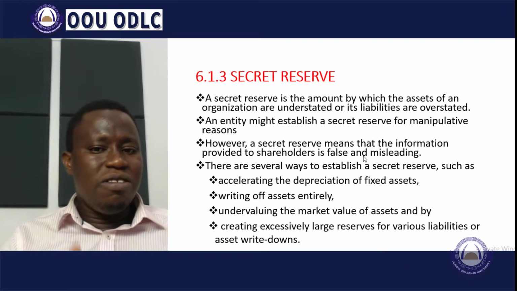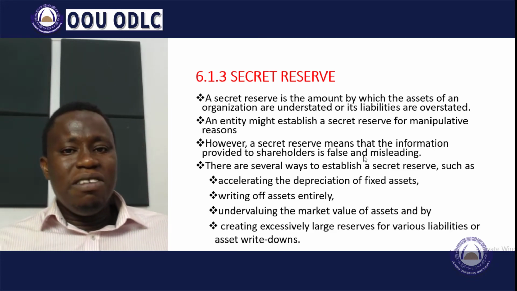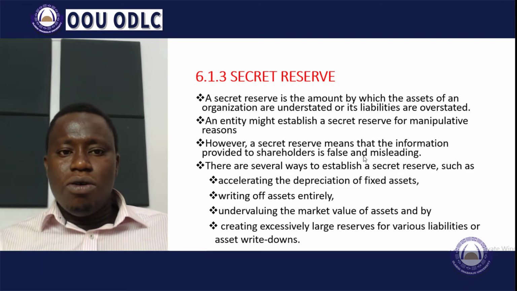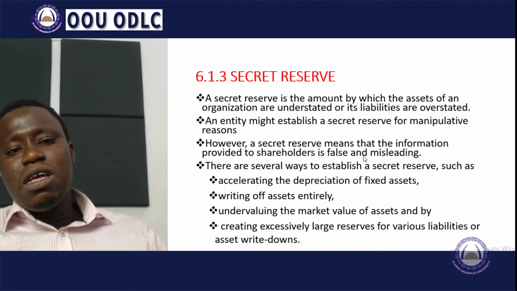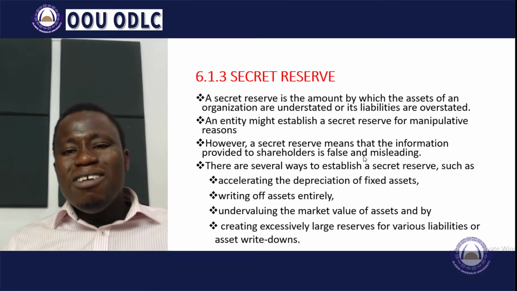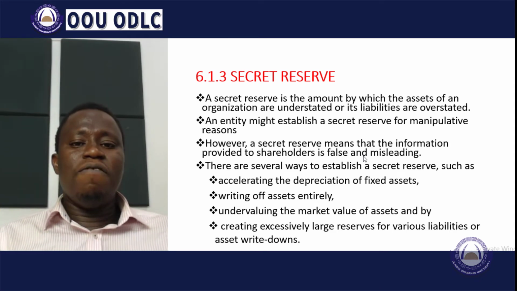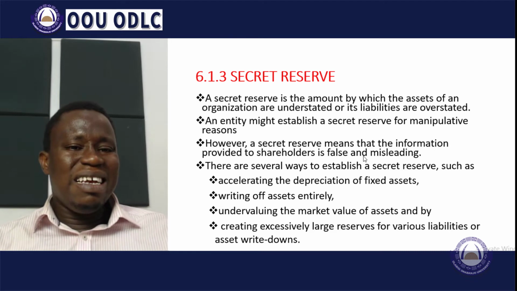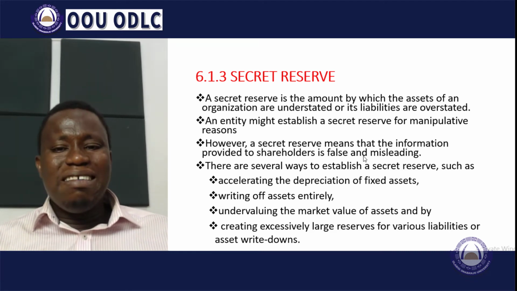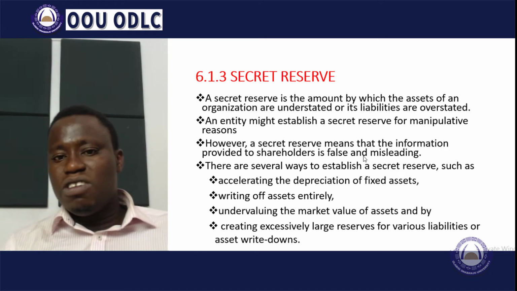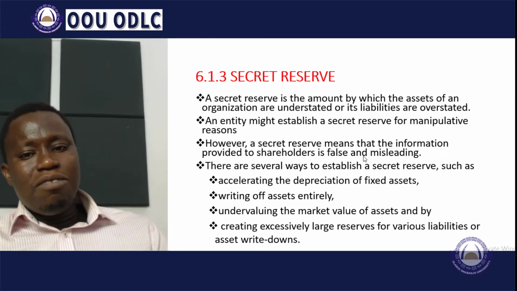That is, it has reduced the value of that asset intentionally by 500,000 naira, perhaps to show that the business is struggling or is not making profit or is not financially stable or is not solvent. So when an organization intentionally reduces the value of its assets or overstates the value of its liabilities, it will be maintaining a secret reserve. The reserve will not be obvious, but the organization will know that the asset is worth more than it is presented in the books and the liabilities are lower than what is presented in the statement of financial position.